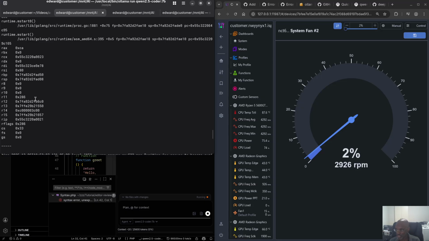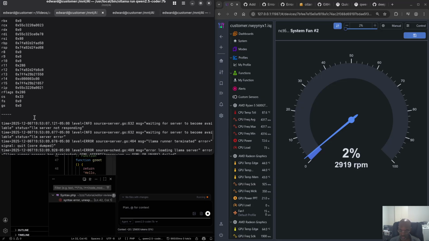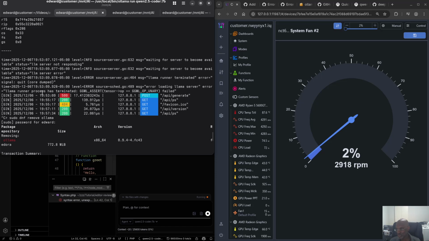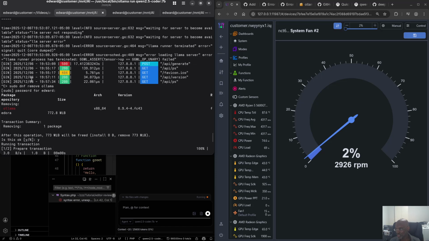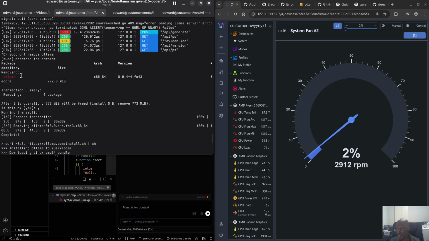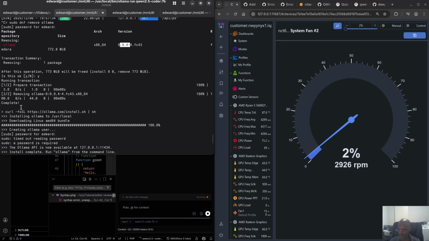So this one was giving errors. This is the one from the Fedora repositories. So this one does use the GPU. So what I did was I realized it's an old version. You see it's 0.9.4, so it's an old version. So what I did is I removed it, I uninstalled it, and then I went to the Ollama website and